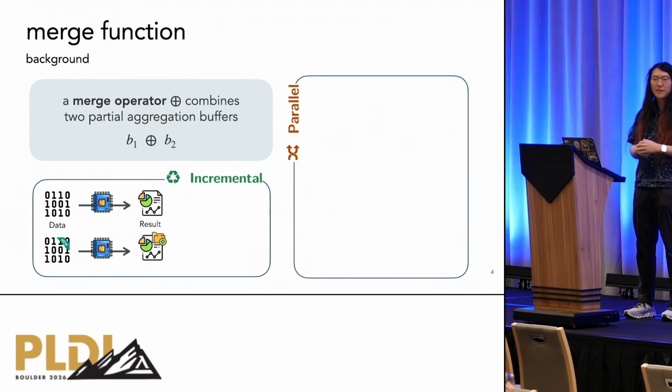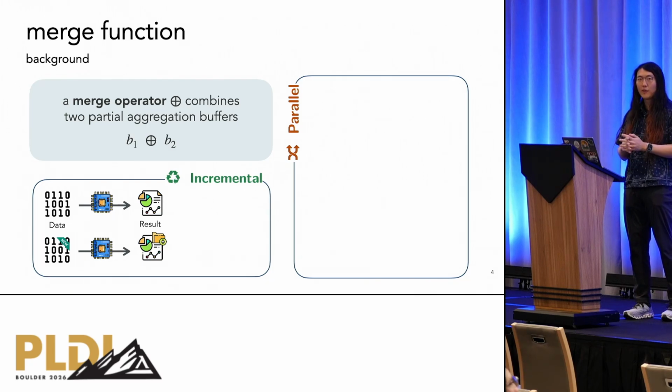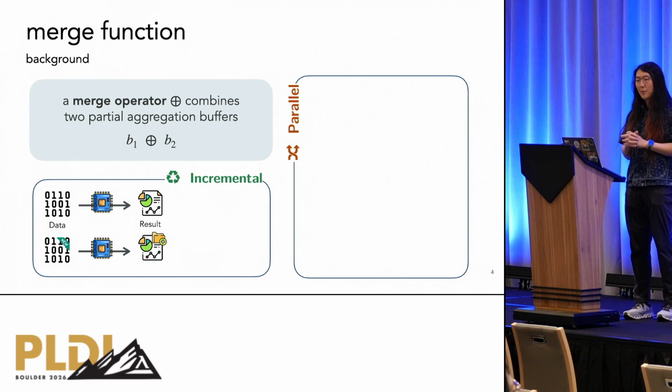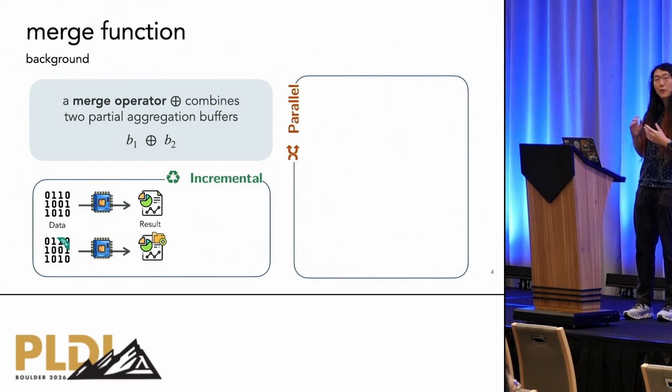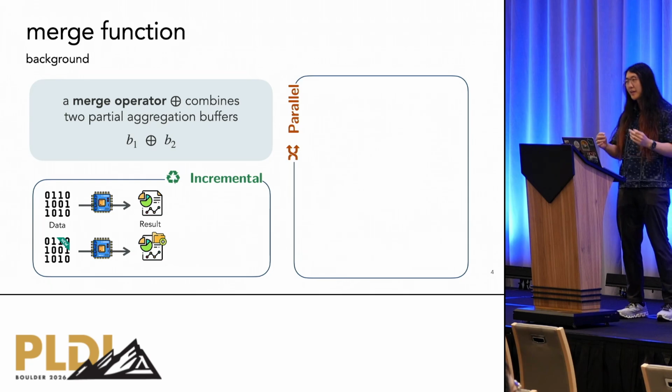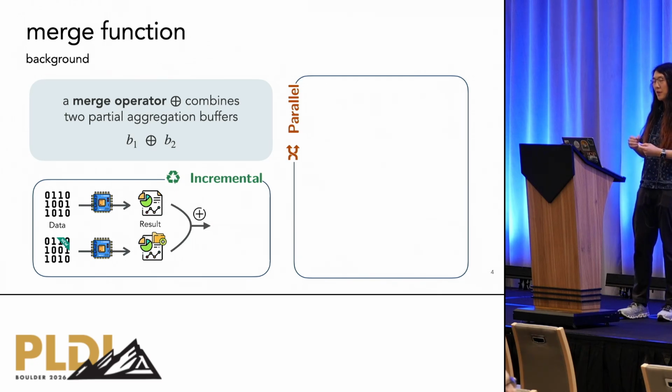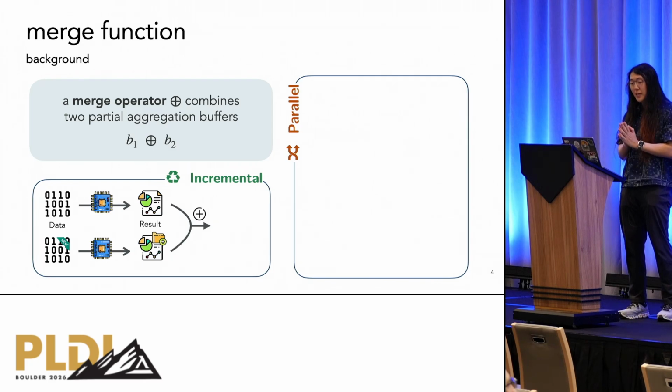The problem is that the input data you already processed might be a large data frame, and you certainly don't want to repeat the work you've already done. So instead of running the computation again, we just run the aggregation on the newly arrived data and get the partial state. And using the merge operator, we are able to merge the previous state with the new state